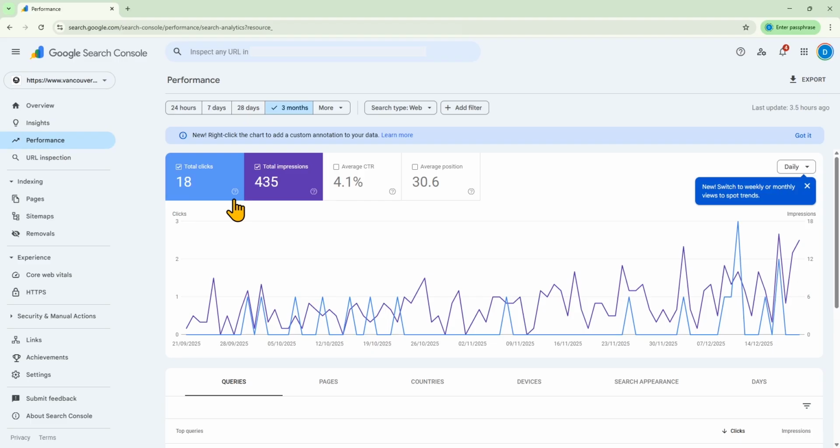At the top, you'll see four main metrics: total clicks, total impressions, average CTR, which stands for click-through rate, and average position. This is the average ranking for the website on Google search results. Now, I'm demonstrating this with a client's website that is relatively new. The website was created about 6 months ago, and it is for an acting coach. It specifically targets the Metro Vancouver area, so it's quite niche. But even though it's relatively niche and new, it has some valuable insights already.